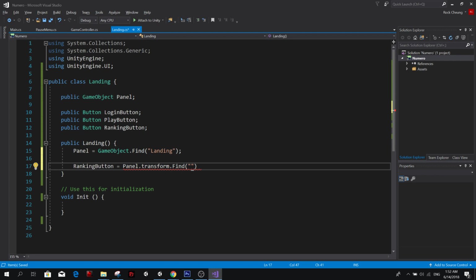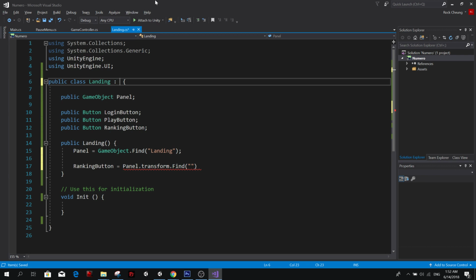If you don't like doing things through code, of course you could do this through mono behavior. I don't know why I'm not doing it like that. I just want to try, but with mono behavior, you set the references to your buttons within the inspector.